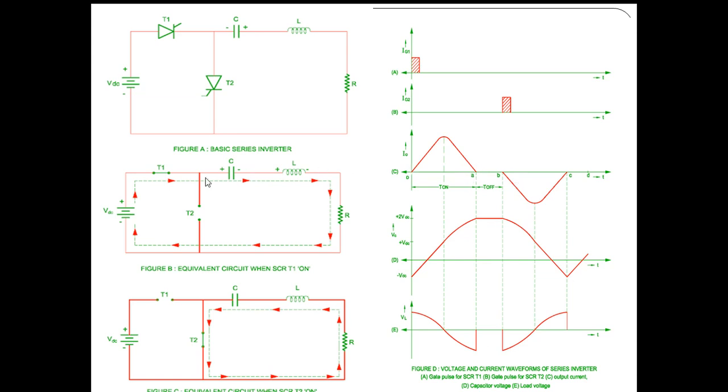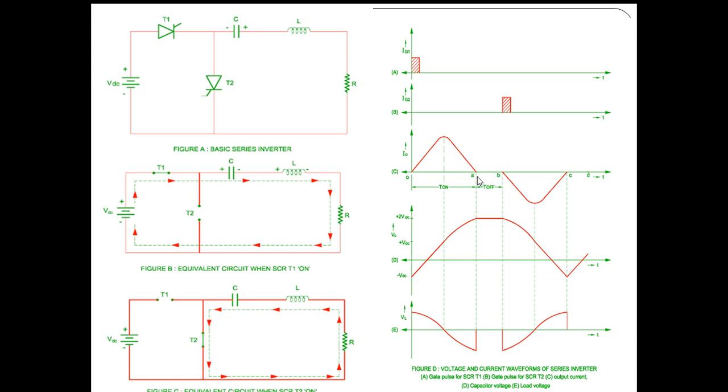If we observe, when we turn on thyristor T1, we get the positive half cycle. Due to turning on of thyristor T2, with the available energy of the capacitor, we get the negative half cycle. And we have to take one precaution: we should not turn on thyristor T1 and T2 simultaneously, which will cause a short circuit across the load. So we should not turn on T1 and T2 simultaneously. We should wait for a minimum time.